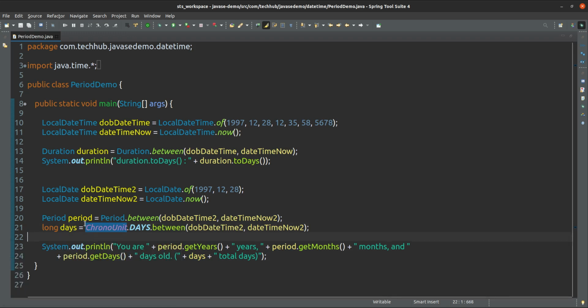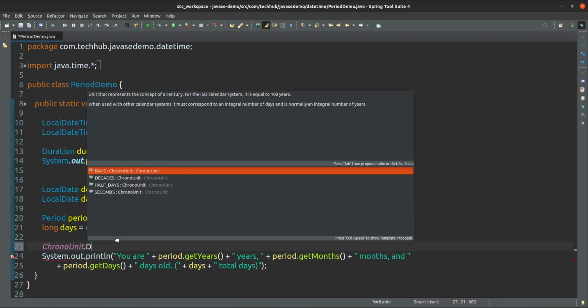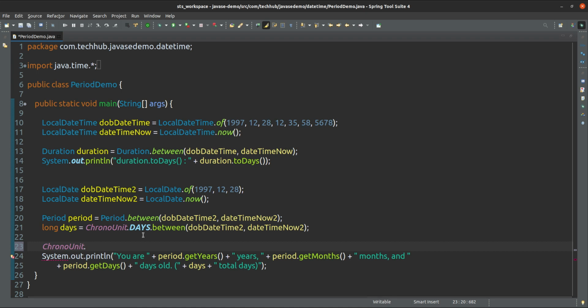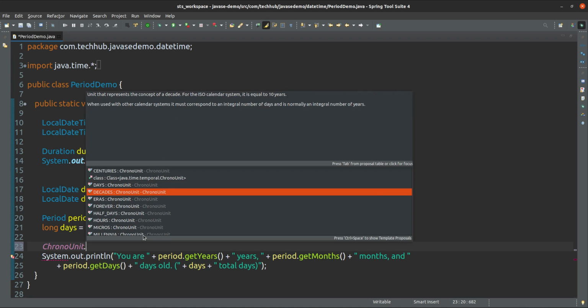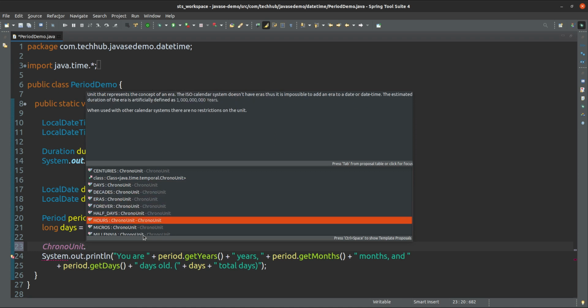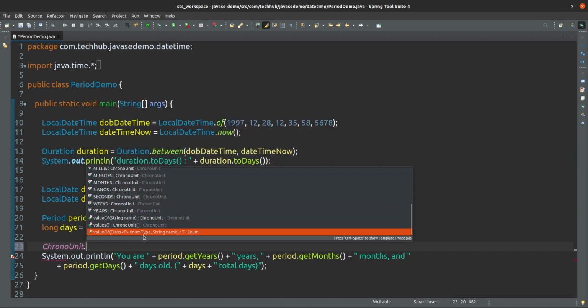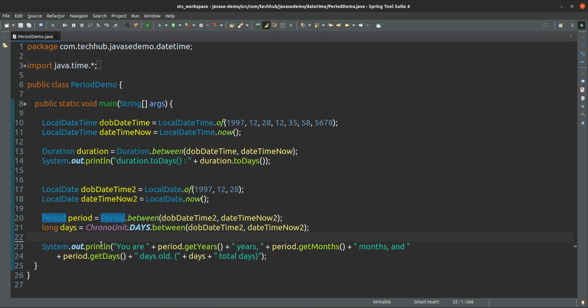But using this chrono unit, if you see chrono unit dot, we can count centuries, we can count days, decades, era, hours, micro, weeks we can count, and years also we can count using this chrono unit. But if we want to count that in a single object, in that case we can use period also, or we can use chrono unit. That is up to our choice.